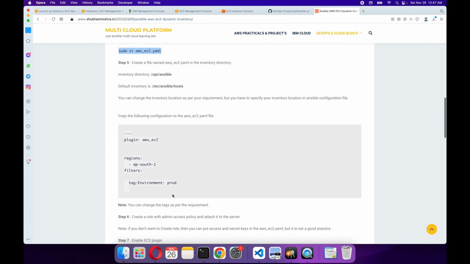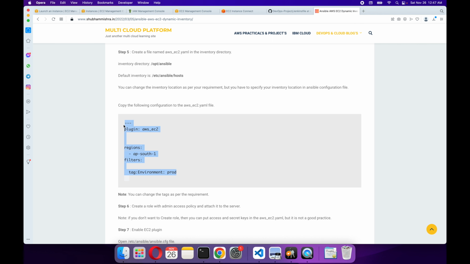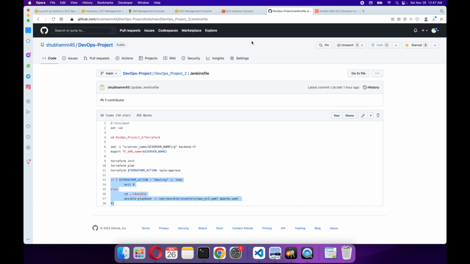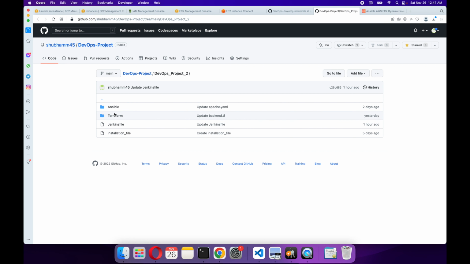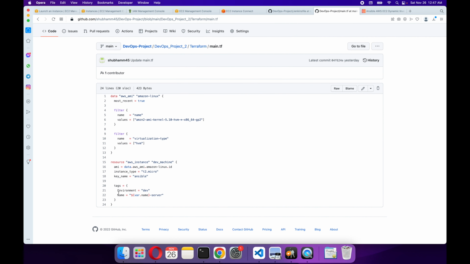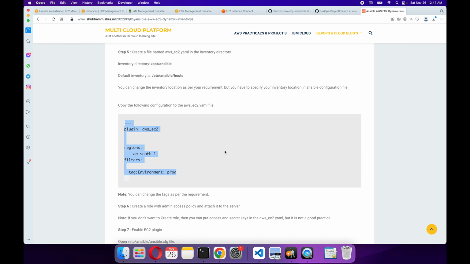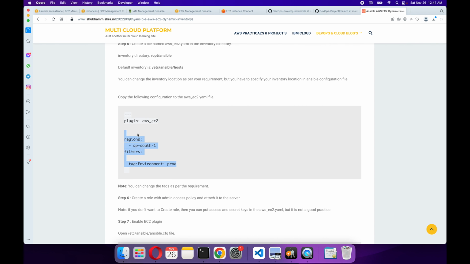And here you have to copy this, but make sure to replace this prod with dev, because we have used the environment tag as dev in our main.tf. As you can see, we have used the environment as dev, then only it can fetch the IP address of this EC2 instance. If you give prod, it will not fetch the correct IP address for you. Okay, copy this one